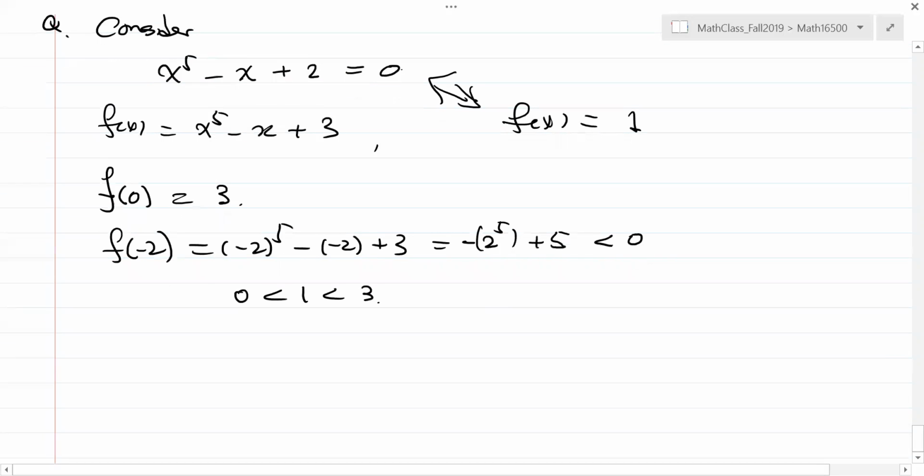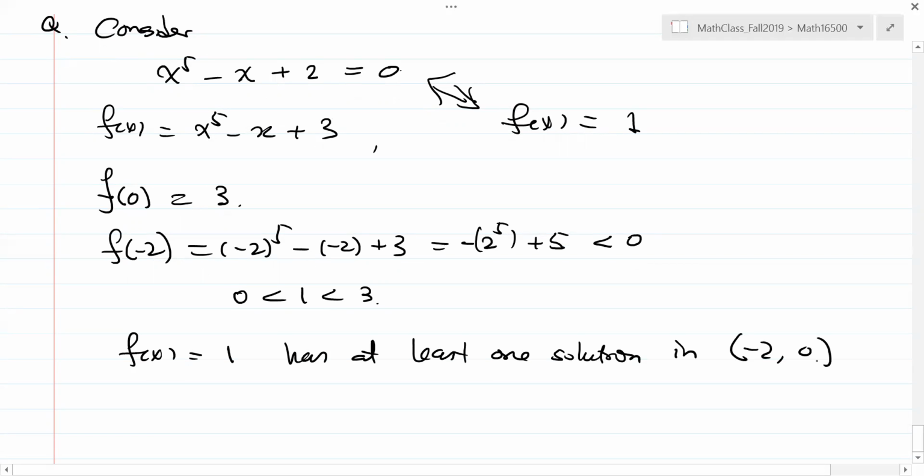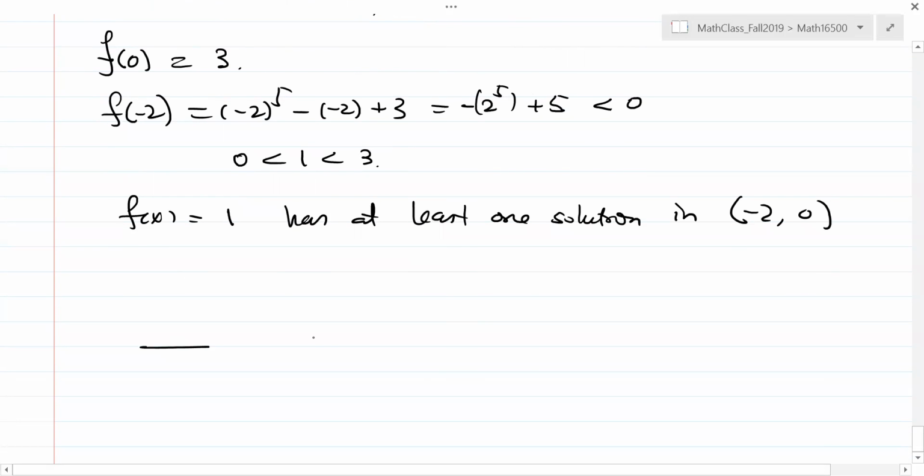Okay, so that means according to the above theorem, this equation has at least one solution in the interval from -2 to 0. Wow, not only do I get the solution, I also get the estimate. So this is -2, here's 0, that's a 3, and this is a very negative number. So the graph goes,